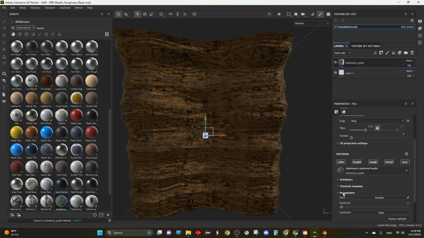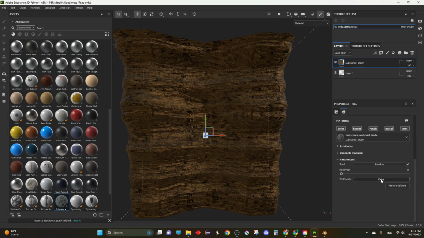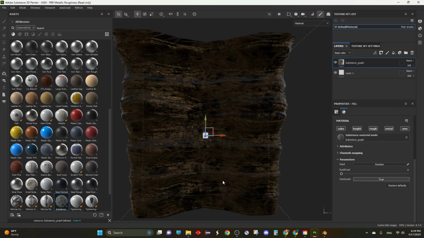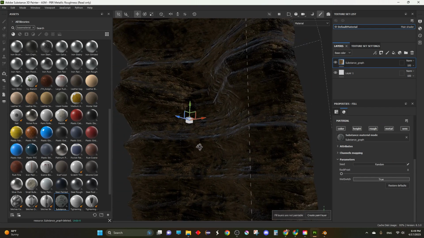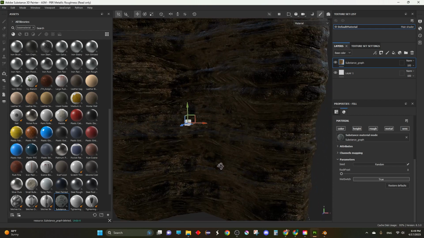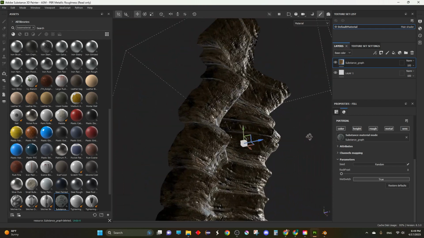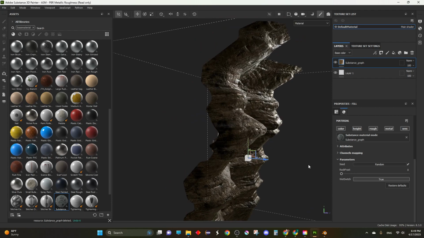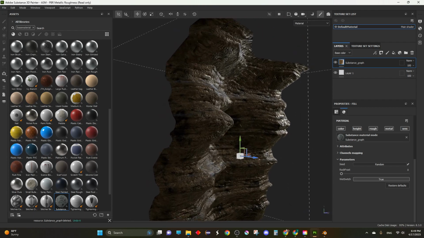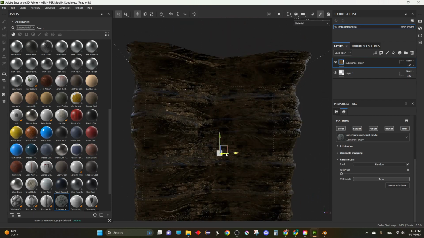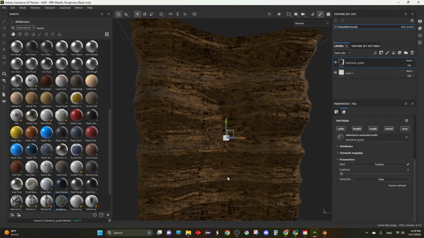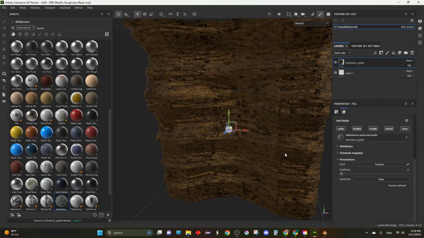So I've got two options here. This one isn't a slider. I liked this option just better. It's basically making the rocks look more or less wet. There we go, that got the light in a little bit of a better spot there. So there's that. It's just kind of on it. I have a toggle for that, and